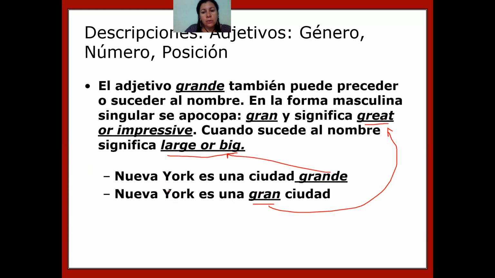Muy bien. Just to wrap up, general rule, most of the adjectives go after the noun. They agree in gender and number with the noun they modify, and they have to show it. And some of them are allowed to have both positions, and the speaker's position is expressed wherever they put it. So it changes subjectively the meaning. And the only one that changes meaning is grande, which is grand or great before the noun, and big after it, okay?